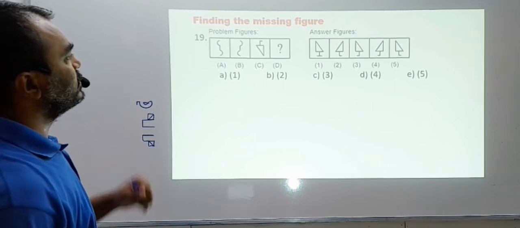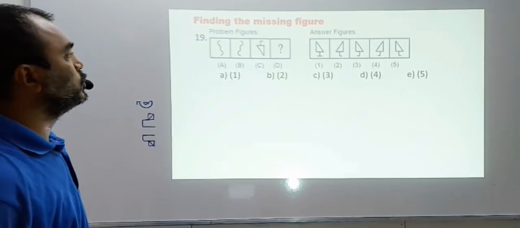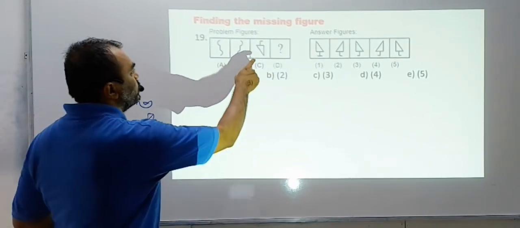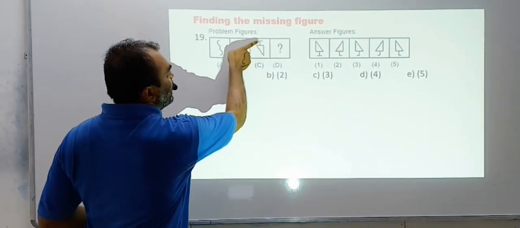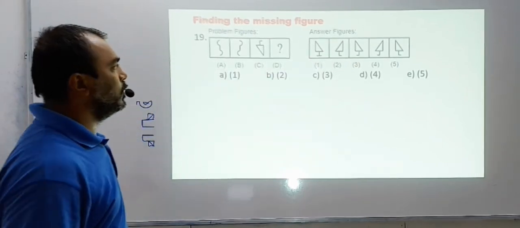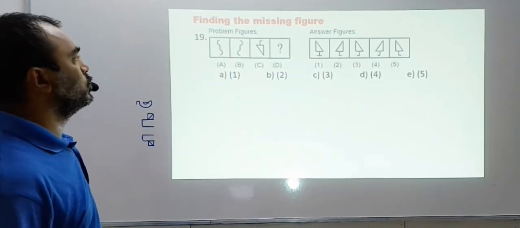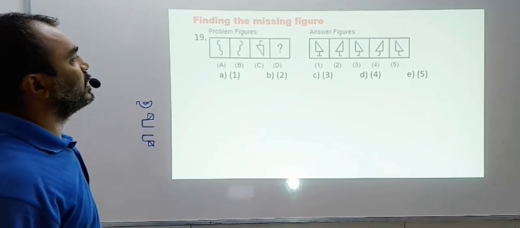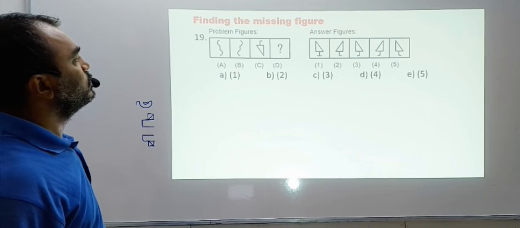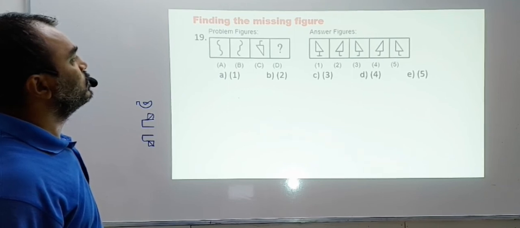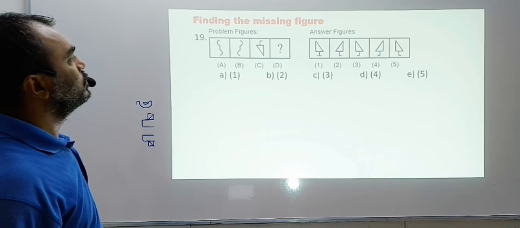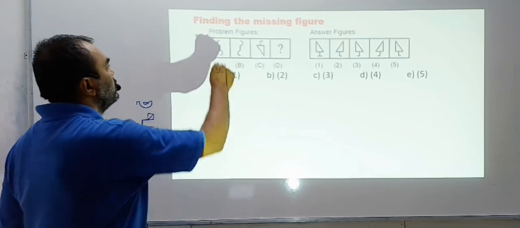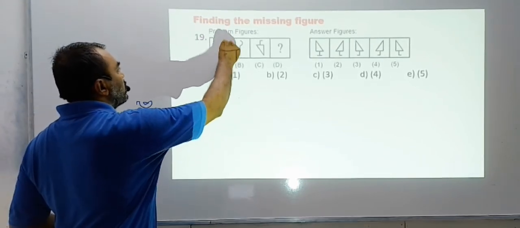Okay, so we can see it is not a mirror image because none of the options shows it. If it was a mirror image, the line would be on the triangle itself. Here, all of them are below. So that is not what the option shows. So a rotation has taken place. So which kind of rotation do you think has taken place? Or is it a simple interchange? If this circle is moved down and this circle has gone up.